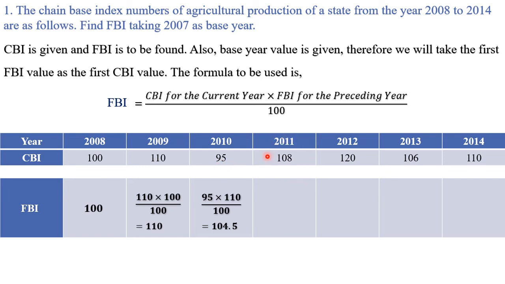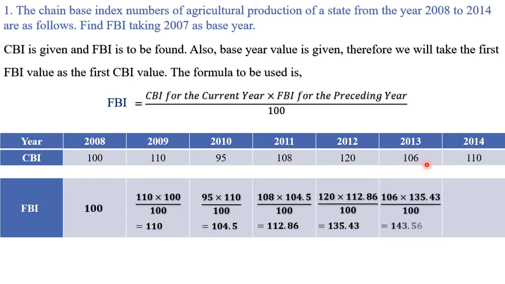Next, current year CBI multiplied by previous year FBI divided by 100. So 108 into 104.5 upon 100 is 112.86. Once again, current year CBI multiplied by previous year FBI, cross multiplication, as you can see here, 120 into 112.86 upon 100 is 135.43. Next, I am going to multiply 106 with 135.43 divided by 100 is 143.56. Then 110 into 143.56 upon 100 will be